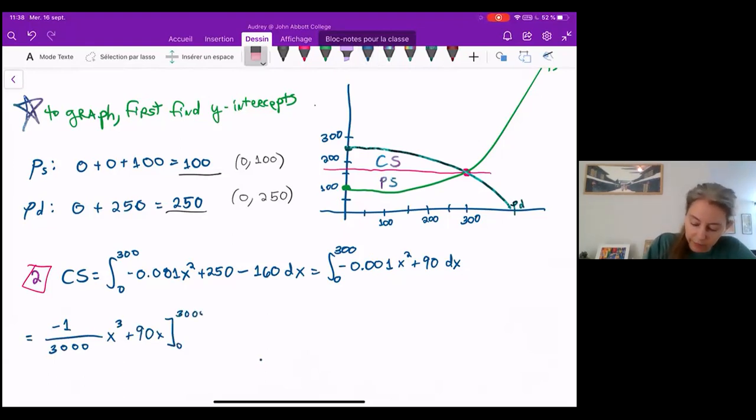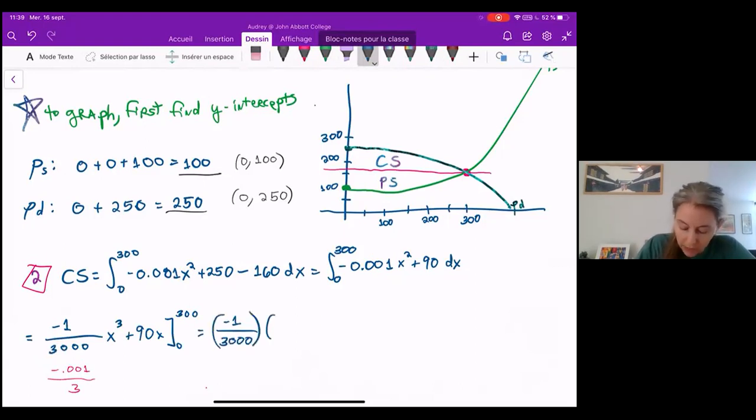So notice I just simplified that, but this negative 1 over 3,000 is the same thing as negative 0.001 over 3. Now I plug in and I get negative 1 over 3,000 times 300 cubed plus 90 times 300 minus 0 plus 0,